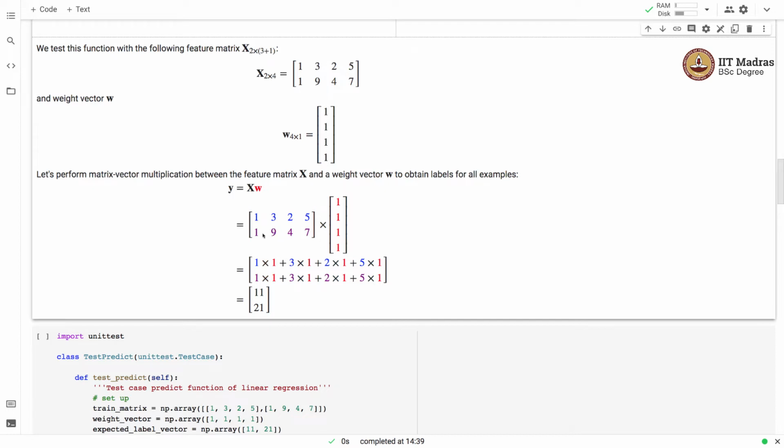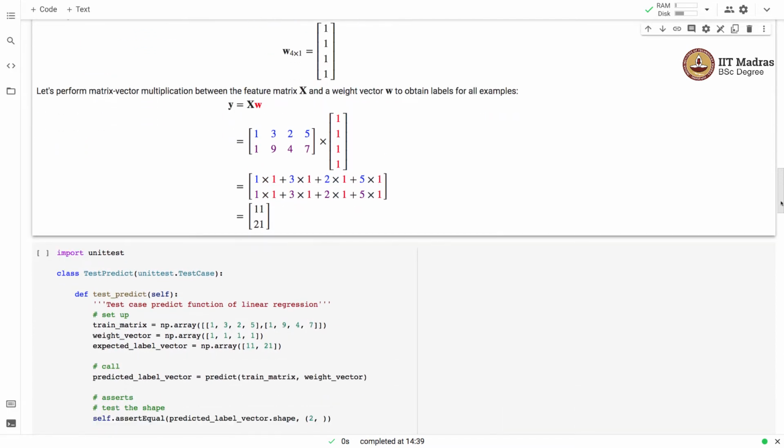And in the same way, we get the product of the second feature vector and the weight vector. So if we multiply them and add them up, we obtain the output label of 11 for the first example and 21 for the second example.